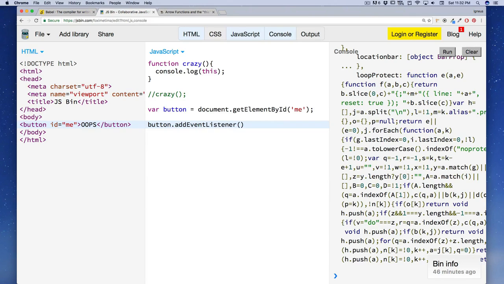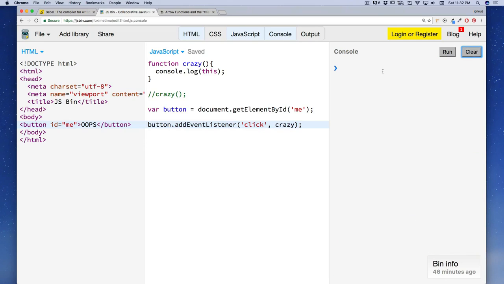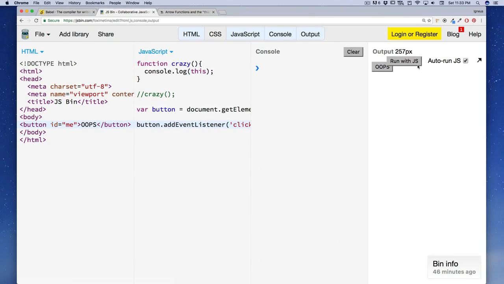Okay, there we go. It takes two parameters, as you might already be aware. One is the click, and the second is the function you want to run. So this is going to be the simple crazy guy. There we go, a simple function there. Now the problem with this is we are just printing to the console. So let's just clear that, and in the output, if I just run the JS there and click on the